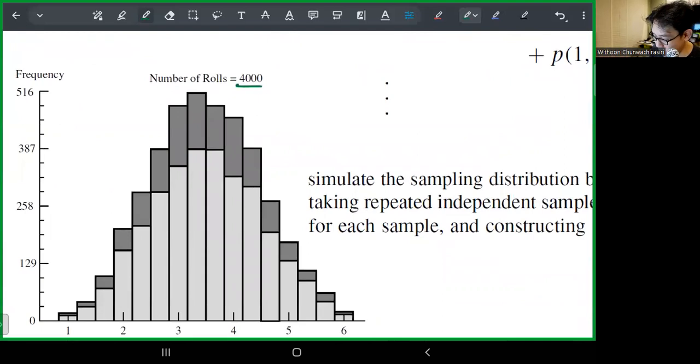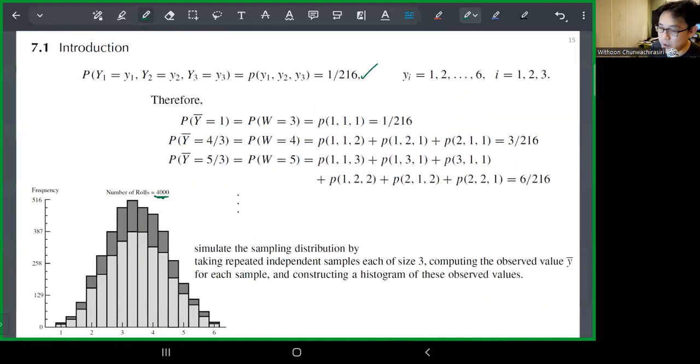You do that 4,000 times, and the distribution is going to be pretty close. But if you do it only one time, you're not going to know what kind of distribution it is. If you repeat this many, many times, the shape of the distribution will reflect what you expect